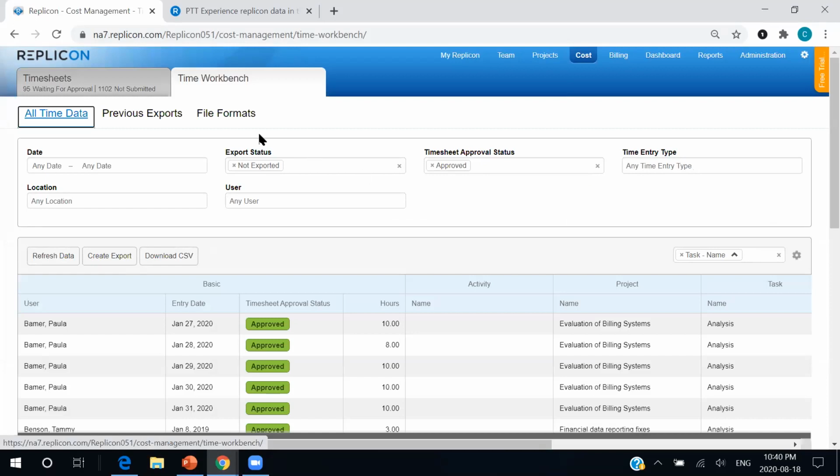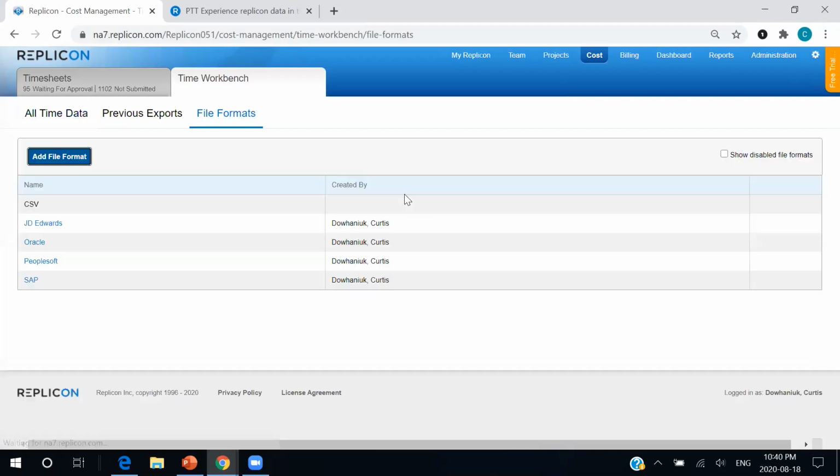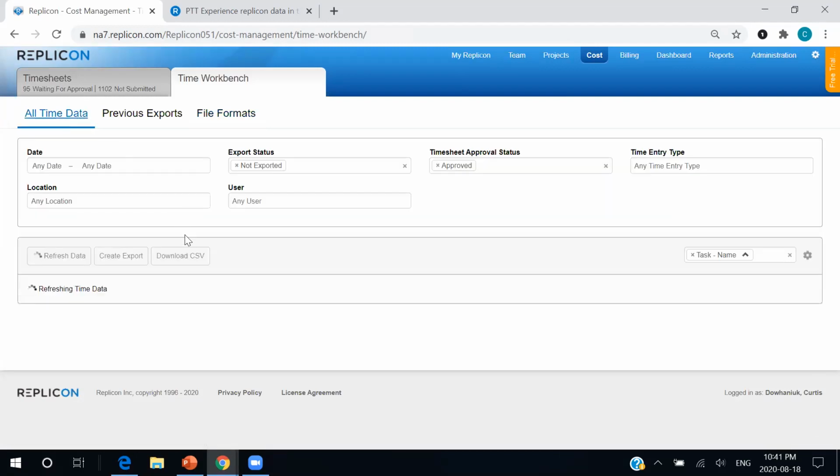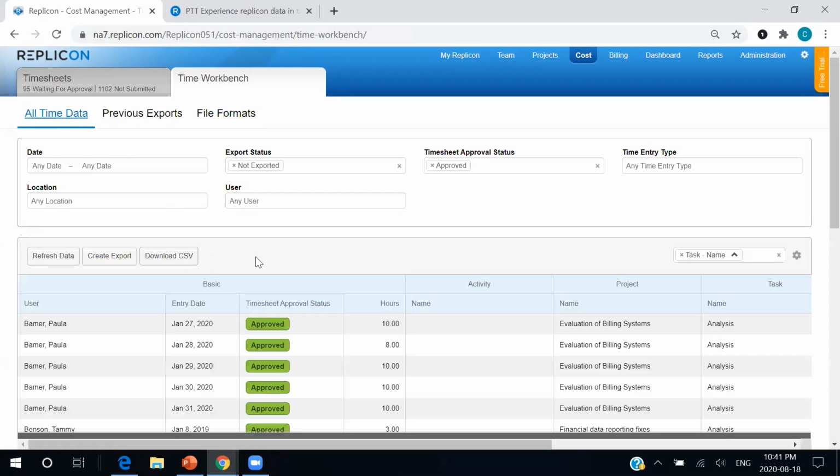You can send this to basically any program. We have so many out-of-the-box filters already, like JD Edwards, Oracle, PeopleSoft, SAP. And if you don't see your connector here, chances are it's already built into Replicon, or we have done a custom configuration in the past that we can really easily transfer over. So regardless of what you're using in your ecosystem, Replicon can communicate back and forth. And when in doubt, we have old trusty CSV, which is basically compatible with every program under the sun. So you can always be assured that you can get your Replicon information to and from where you need it to be.